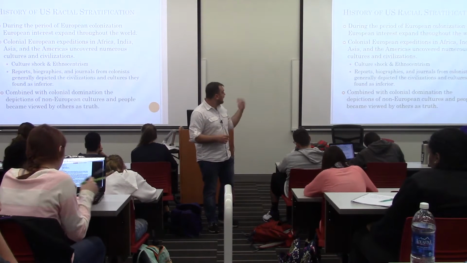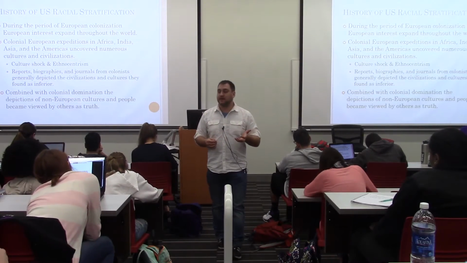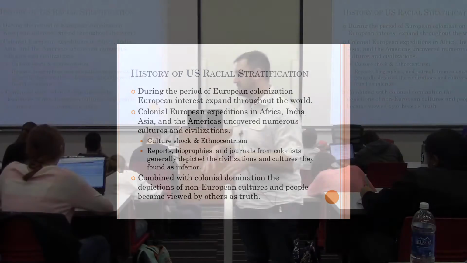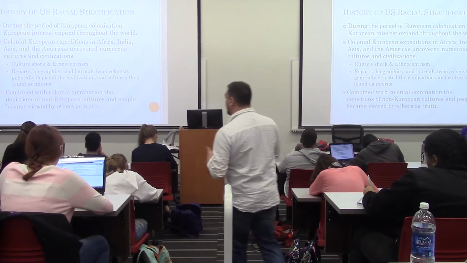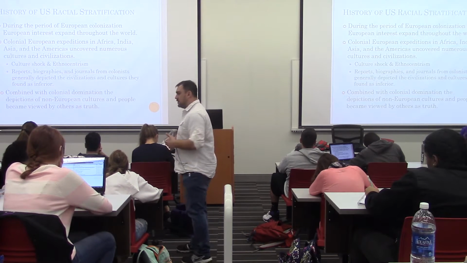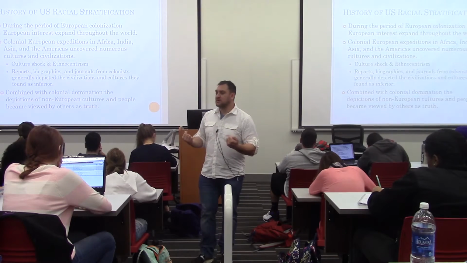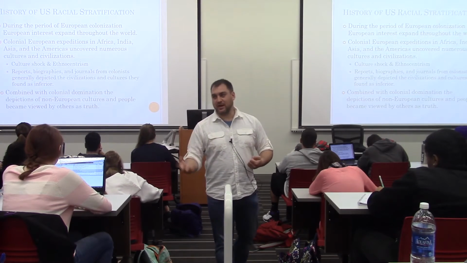So first and foremost, we have to go all the way back to this period of European colonization that was very important for the formation of global stratification, how nations became stratified, and is also important in terms of U.S. racial stratification. So during the period of European colonization, we know that European countries moved out and expanded all throughout the world, in part to establish colonies that would help enrich their motherlands. So England and France, Italy, Portugal, Spain, and other European nations all sent people out to establish colonies to be able to get resources to bring back to enrich England, France,